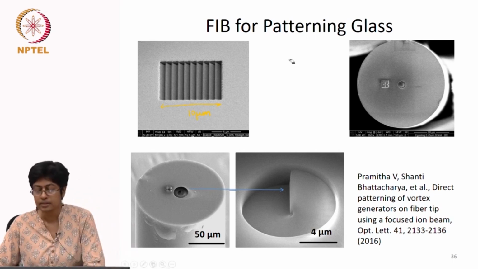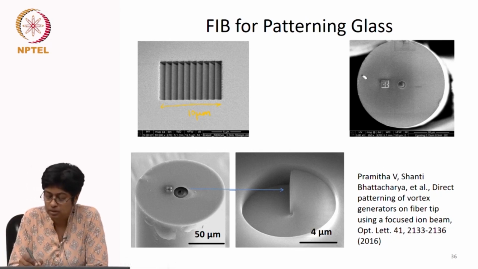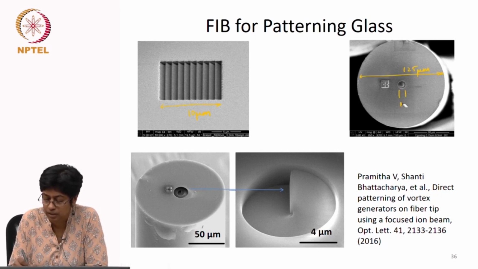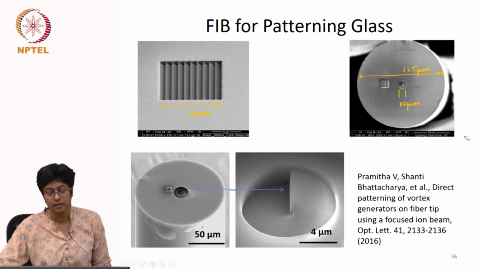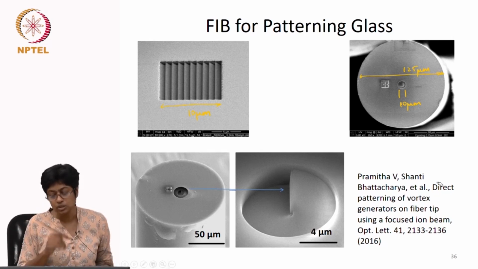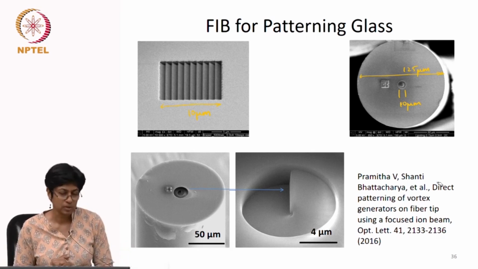This is actually a grating, a circular grating fabricated on a fiber tip. So this is the diameter of this, it's a fiber. So the diameter is 125 microns. Again, this is roughly 10 micron diameter. And these are some other kinds of elements also fabricated on fiber. So just to give you an overview of what all is possible with diffractive optics,